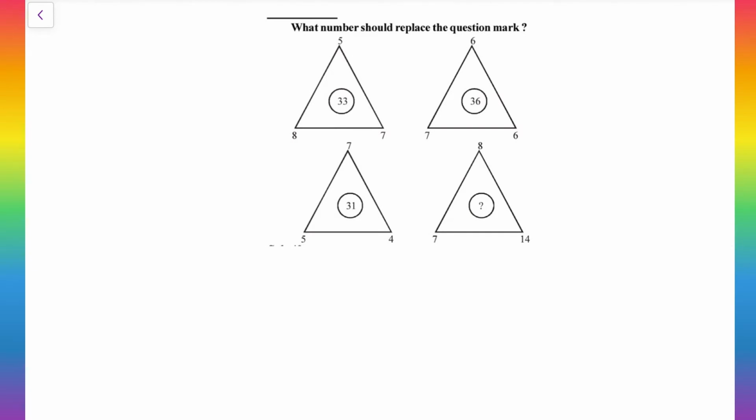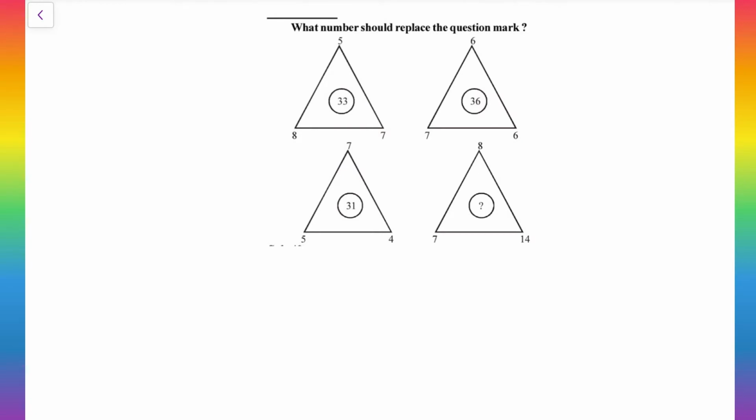Okay, here triangle vertices are having some numbers, and in the middle of the triangle one more number is there. So it means for the numbers at the triangle vertices, we need to do something so that we will get the middle number. First, as usual, I will go with the addition process. 5 plus 8 is 13. 13 plus 7 is 20. 20 and 33, no logic. Anyway, subtraction is not possible.